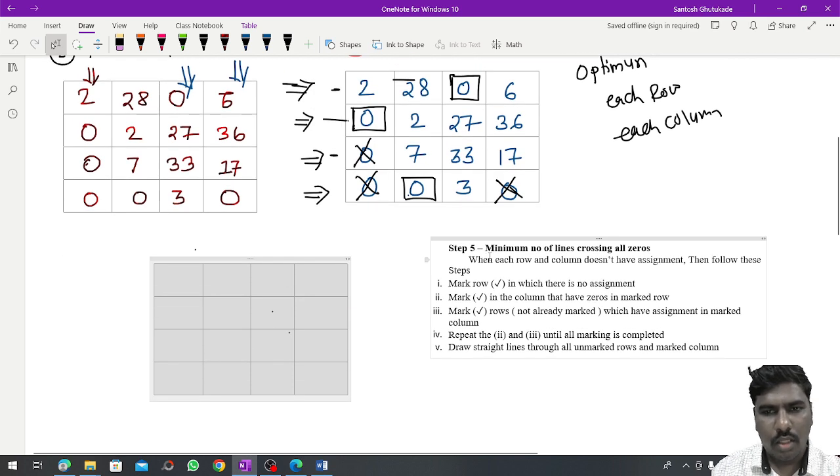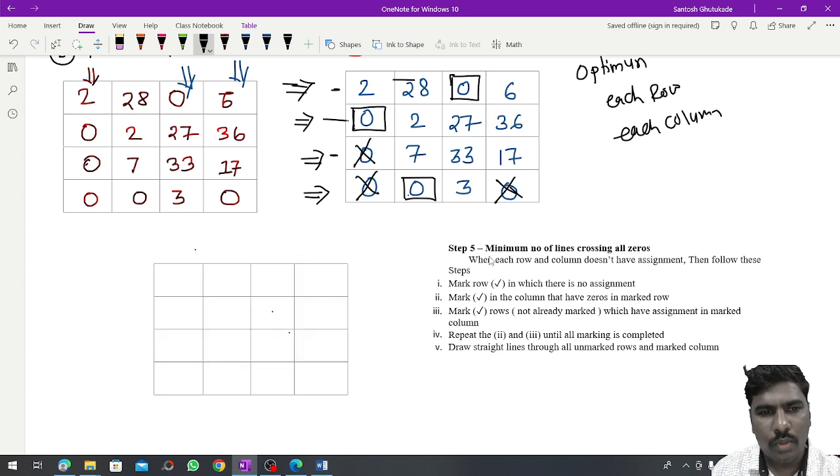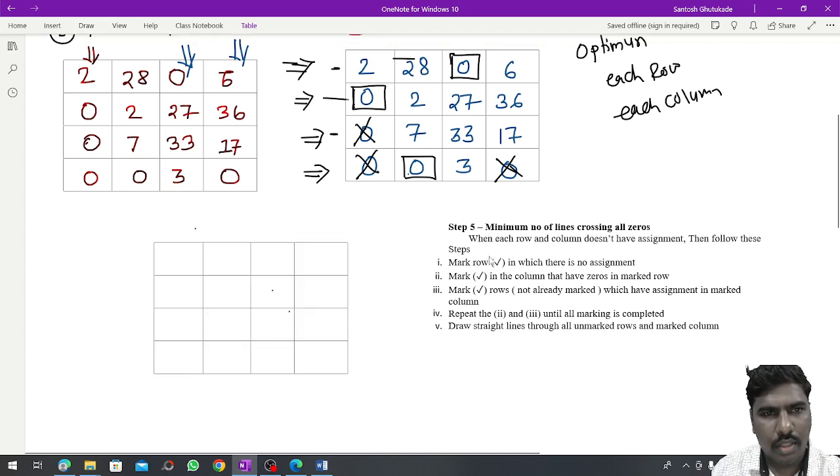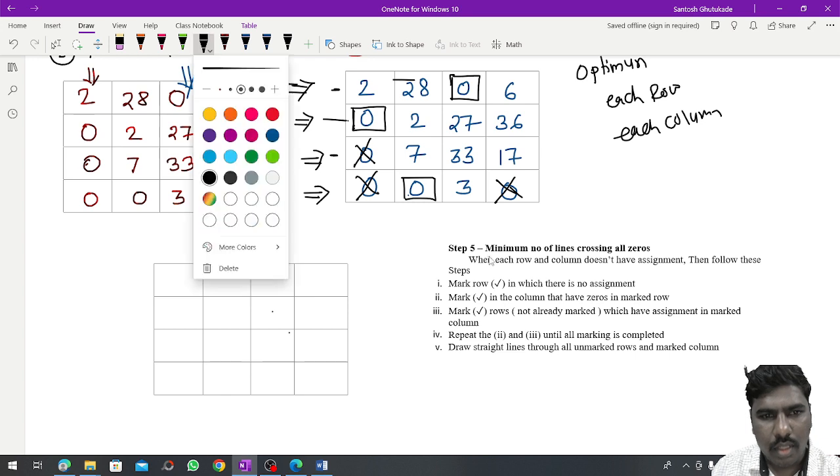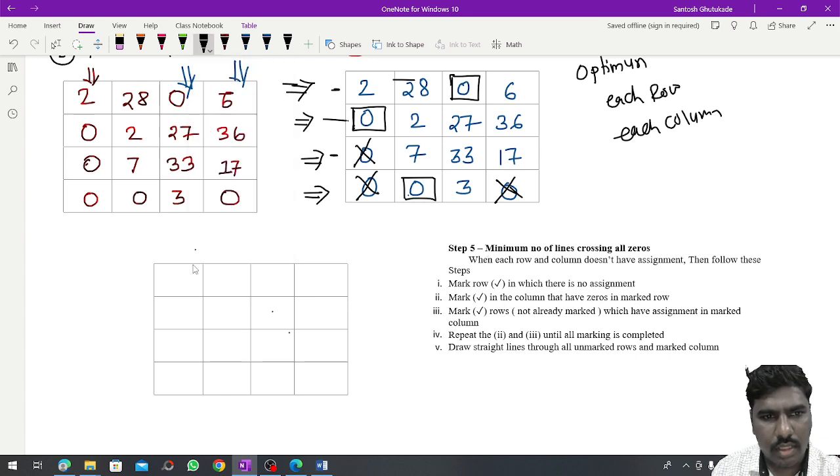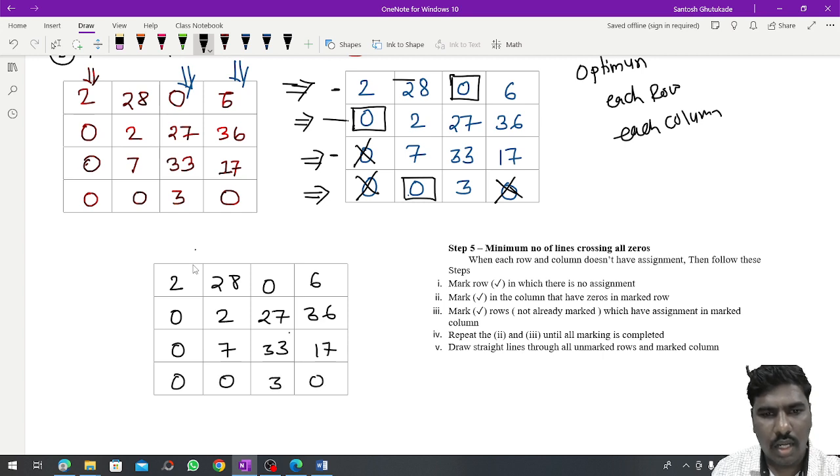Now in all the rows and all the columns there is no assignment, so we will go for the next step. In the next step I will write these elements once again as they are. Here 2, 28, 0, 6; here 0, 2, 27, 36; here 0, 7, 33 and 17; here 0, 0, 3 and 0.